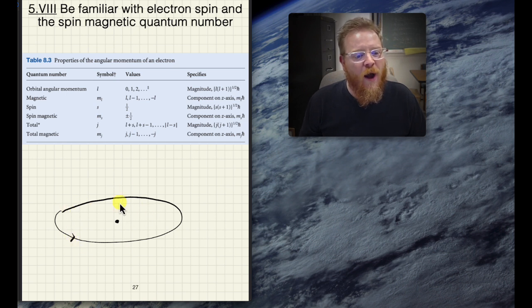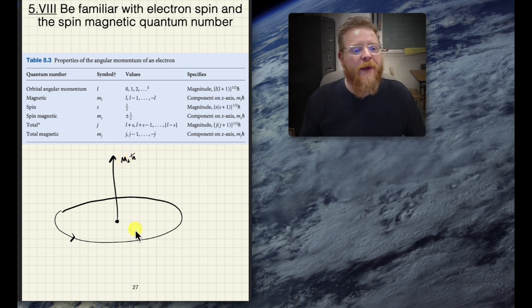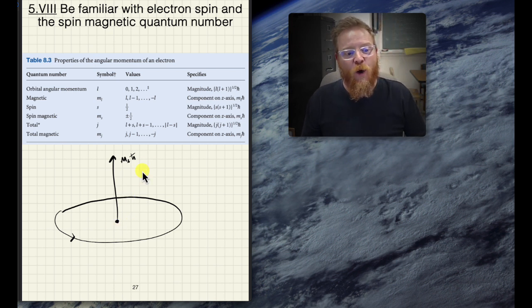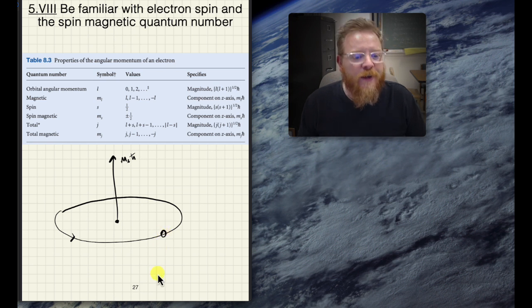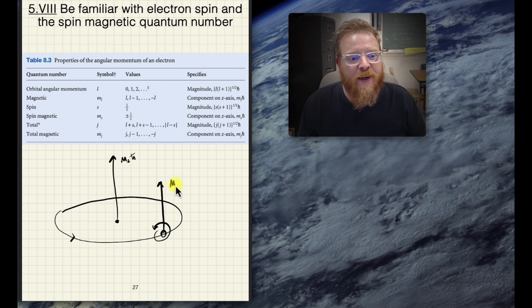Angular momentum on the z-axis is given by ml h bar. And of course, if we wanted to pitch that in and out of the theta plane, then we start creating this other axis in L. But now we can also appreciate that we've got this electron here that is also in itself spinning round and round. And so it is also going to have its own angular momentum in the z-axis given by